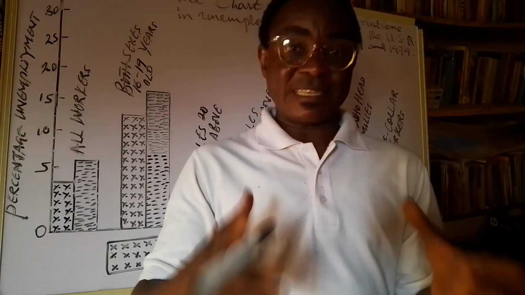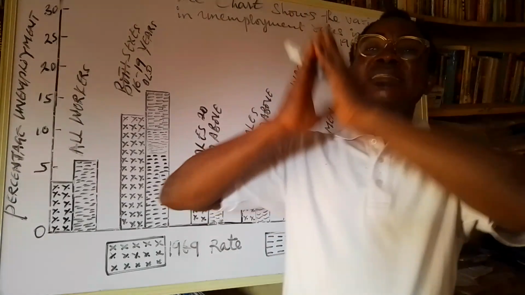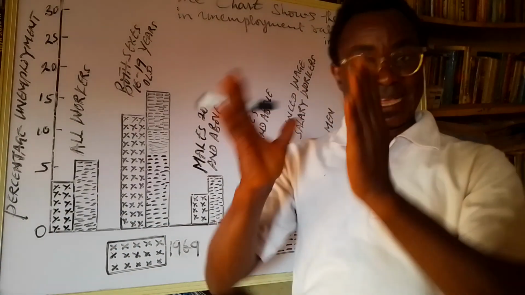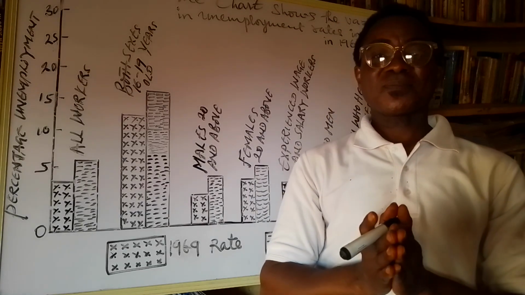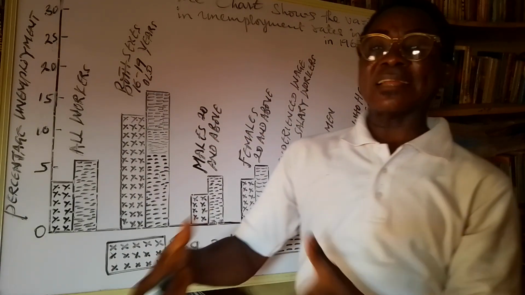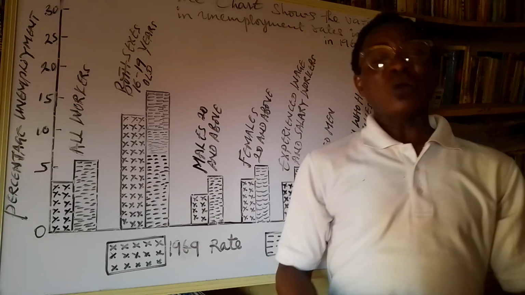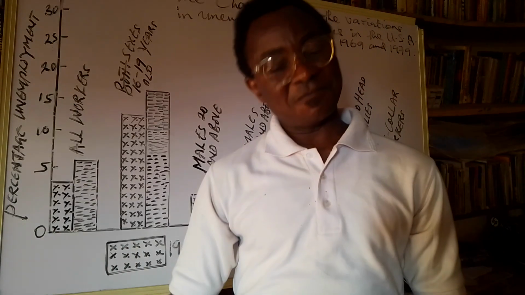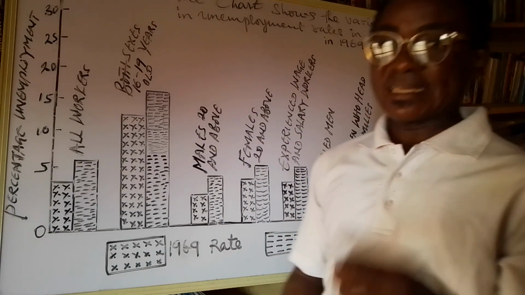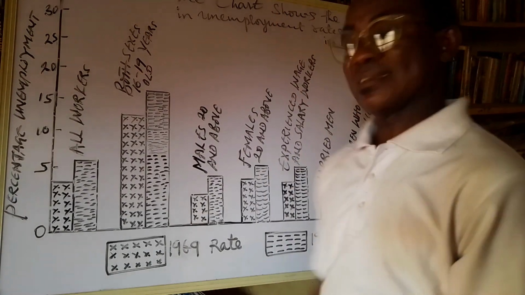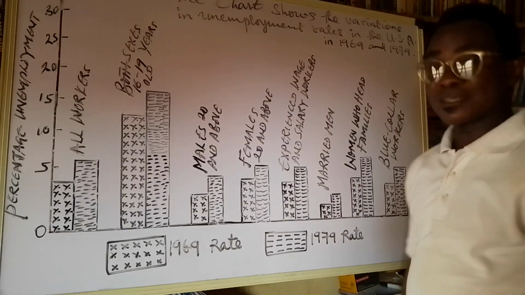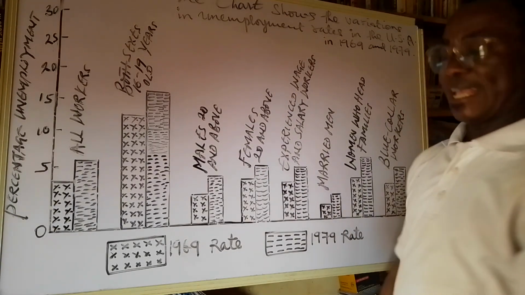At other times, when you're writing, you can discuss one extreme value first. That means discuss the highest values first, discuss the lowest values, and then make highlights on the intermediate values. What can we discover at a glance if we look at the graph or chart? What we discover is that